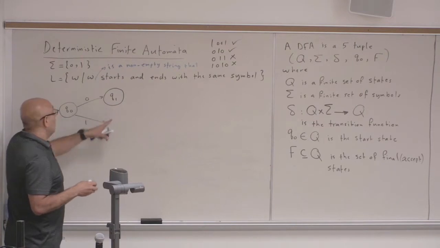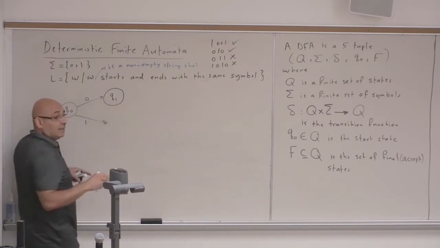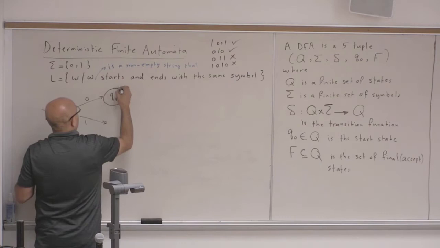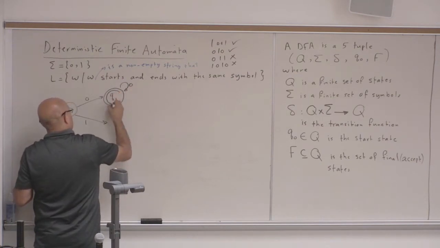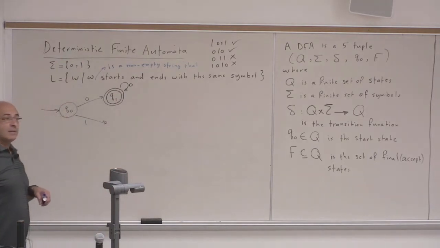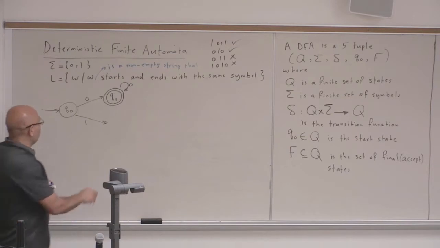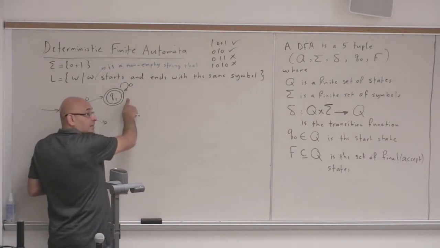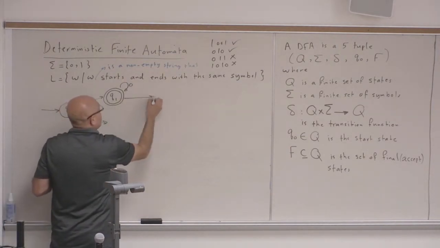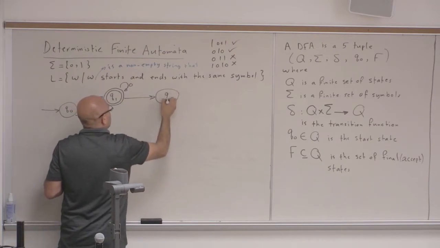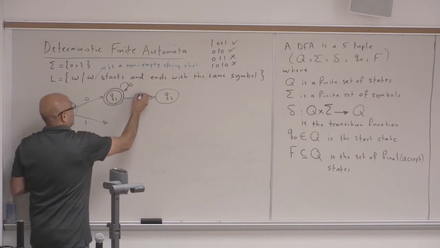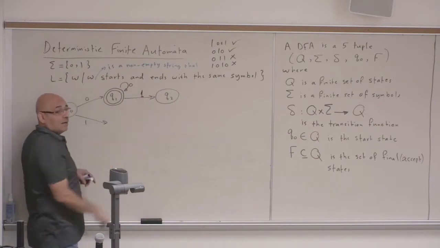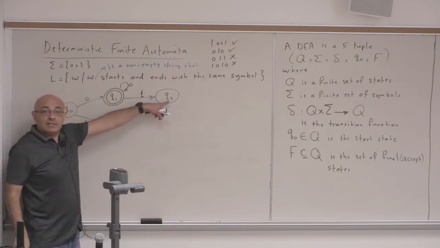Loop. Loop, because we're good, right? We're starting and ending with the same symbol. So we have a loop on a 0, and this is our accept state, right? Starts and ends with a 0. Then what will happen if we get a 1? You should go to some other state, call it Q2, and this is not an accept state, because we are ending with a 1. So if we stay here, it's not an accept state.